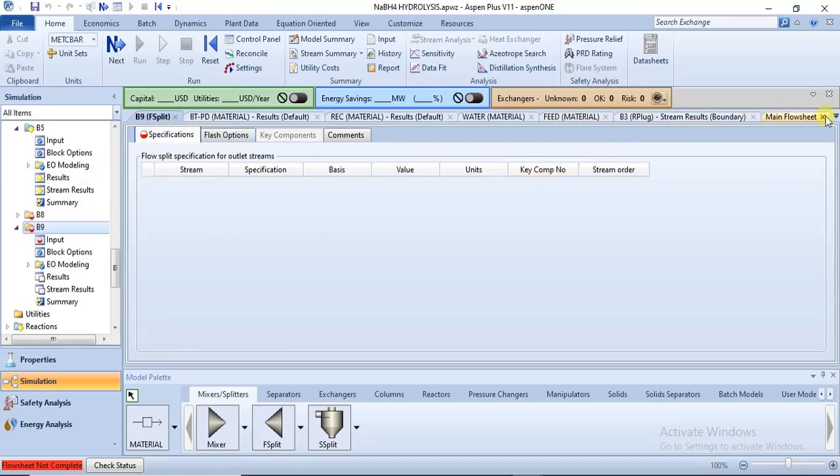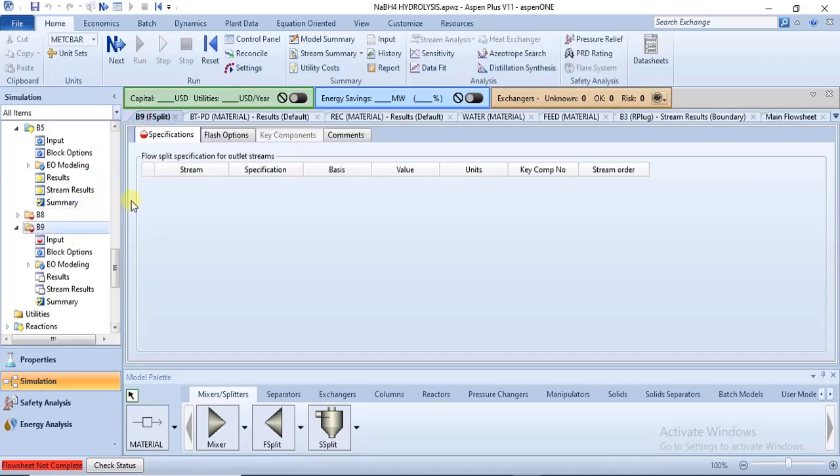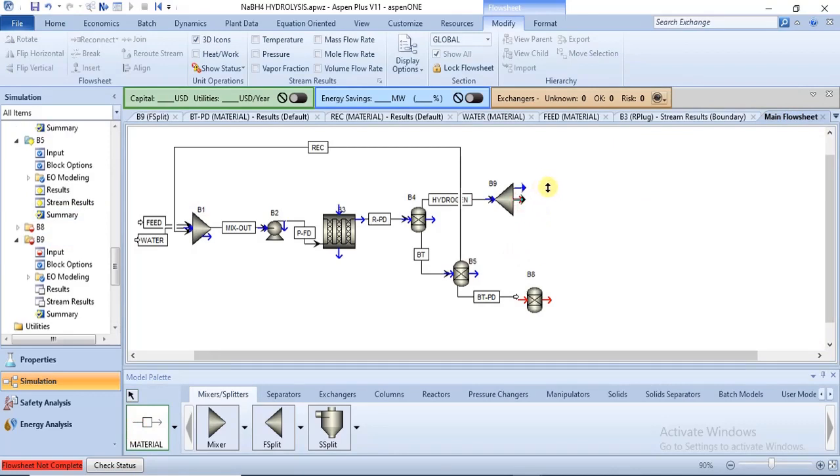But before we do that, we need to connect it to the inlet, which is this. So you double click on it and then connect it to your split, right? Then the next thing is to go back to the split, and we still need to specify the outlet also. We have our hydrogen product,